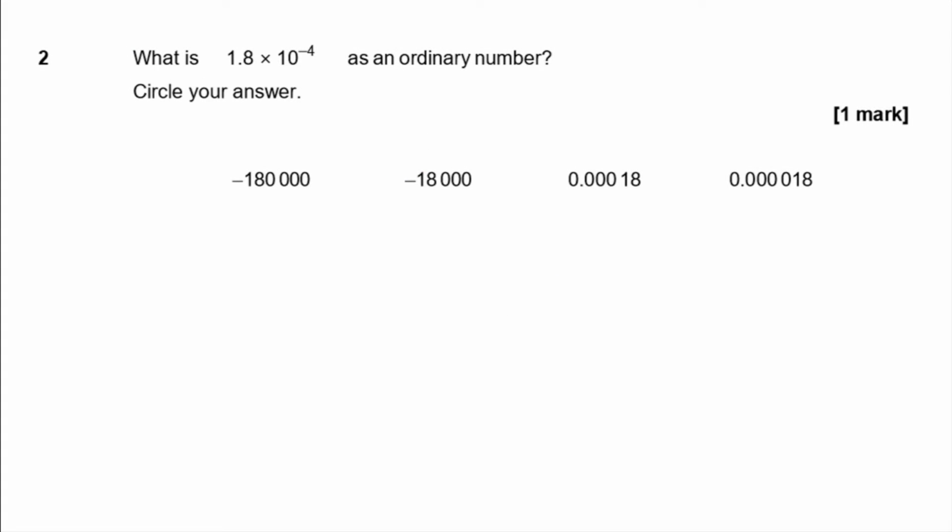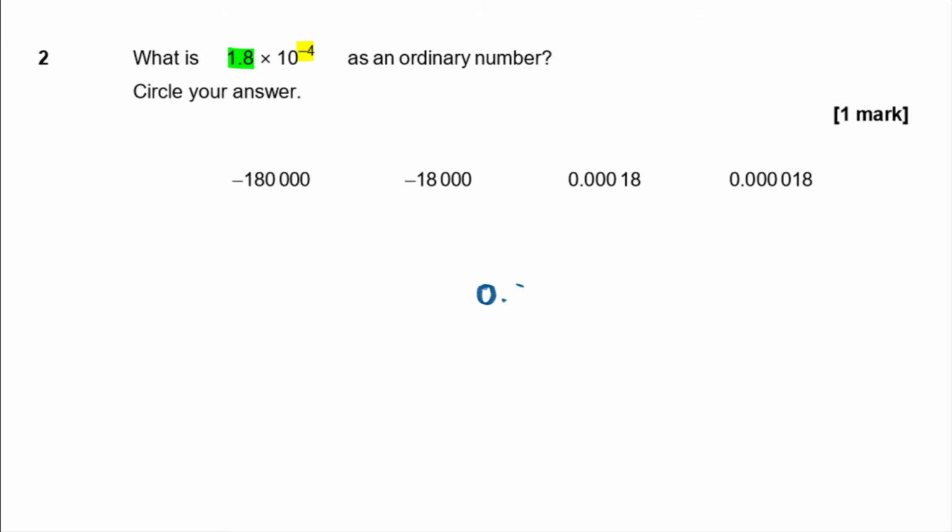Question 2. What is 1.8 times 10 to the minus 4 as an ordinary number? Circle your answer. So numbers in standard form with negative indices like this tend to be very small numbers, don't they? So this is the mantissa part, 1.8, and then we've got a power of 10 to the minus 4. And the way I remember this is that if it's power minus 4, I write 4